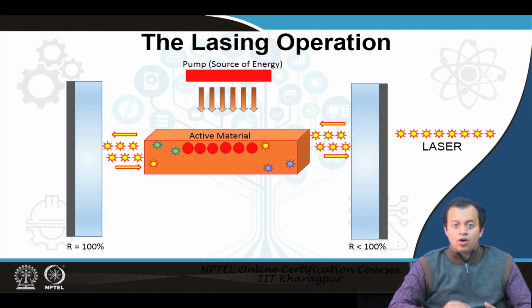This thing goes on and on and on, while energy, or the photons, start building up in the system, and through an imperfect mirror a small stream of photons is taken out. Since stimulated emission produces the exact same type, all the photons coming out in the laser have the same momentum, the same energy, the same phase, everything remains as it is. Yes, that is simply how a laser works.